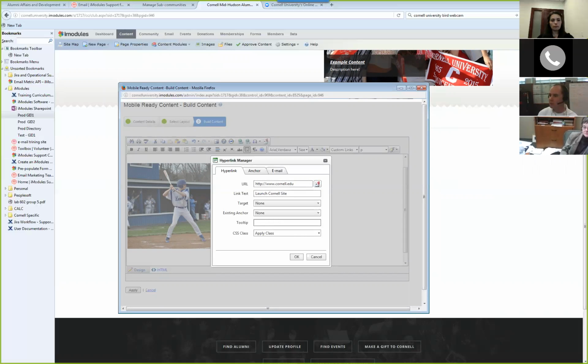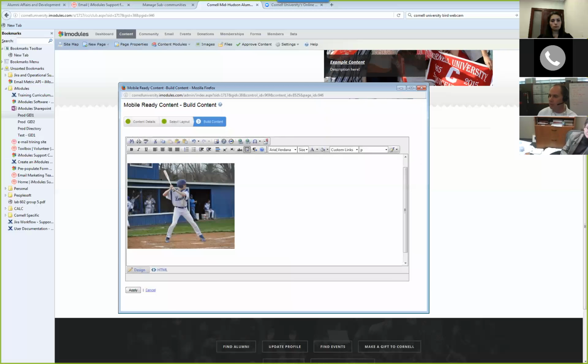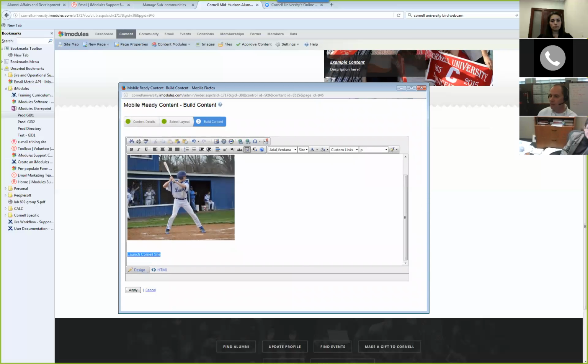I can also put a tooltip in, which would say, click here to go to Cornell site. What will happen is that when I hover my cursor over that link, the tooltip will show. If I now say OK, there we go. We don't show the URL because I put the text in.